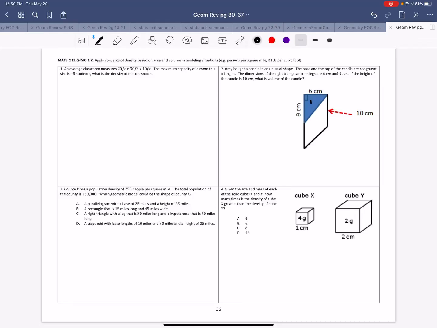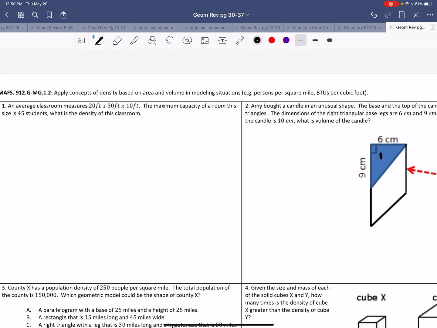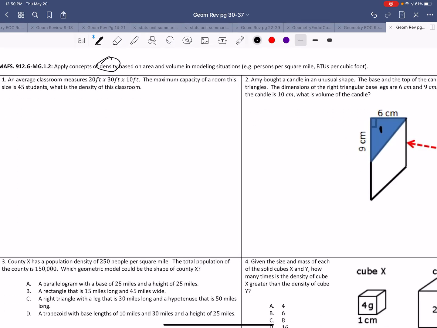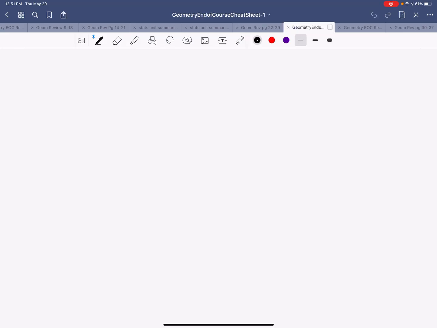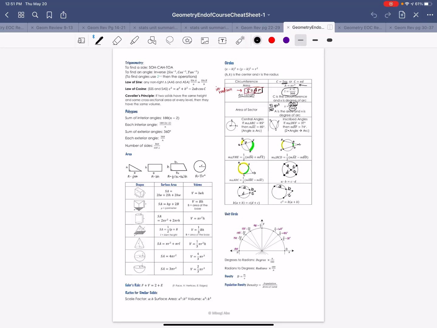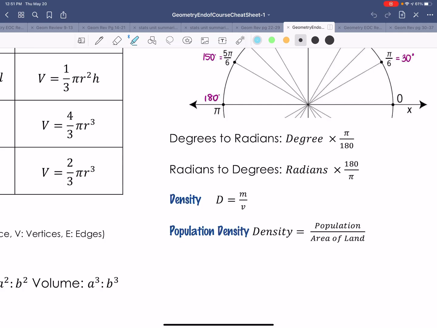Let's do it. All right, the learning goal says apply the concepts of density to area and volume. For example, a person per square mile or BTU per cubic foot. So if we look at our cheat sheet, there's a little something on here about density. The formula that they don't provide, but that helps if you memorize, is the density is equal to M over